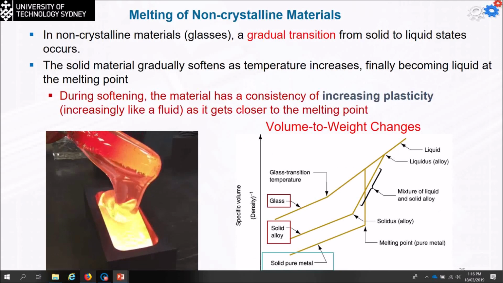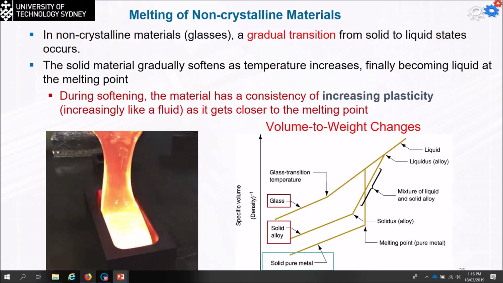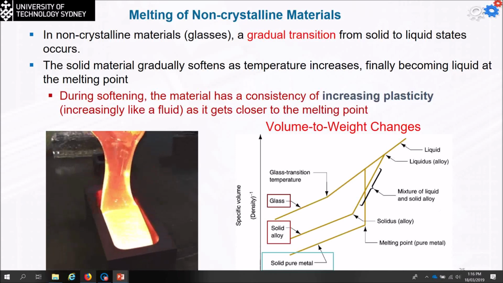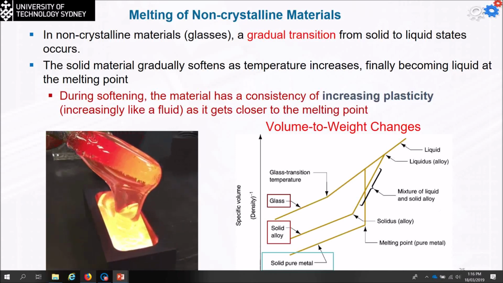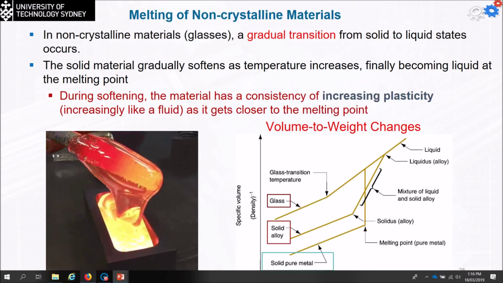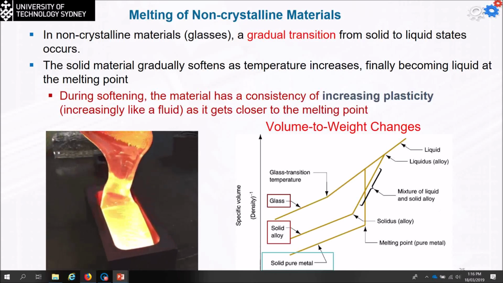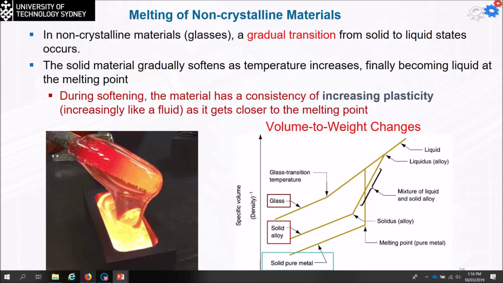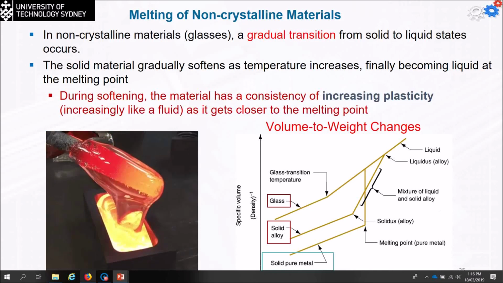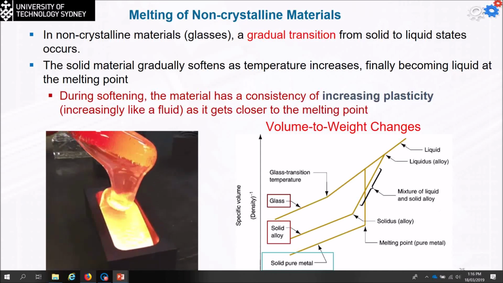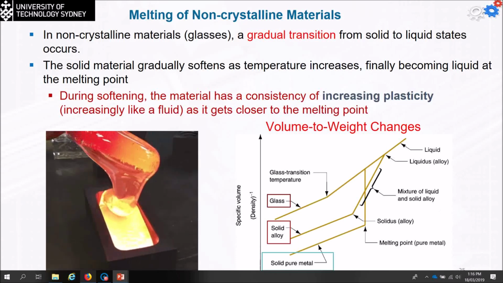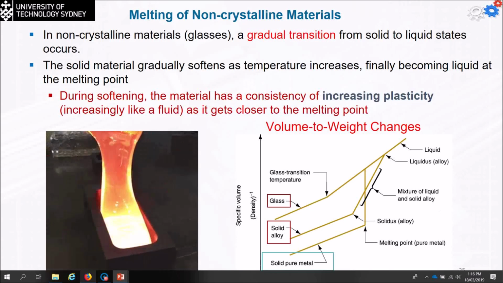In the case of non-crystalline materials, like glasses, for example, we are going to have, instead of the sudden change in melting, like what we have in the case of solid pure metals or solid alloys. Okay, now this is what's happening in pure solid metals. For example, I have pure aluminum. I increase the temperature. It was solid, and suddenly it changes into a liquid. In the case of